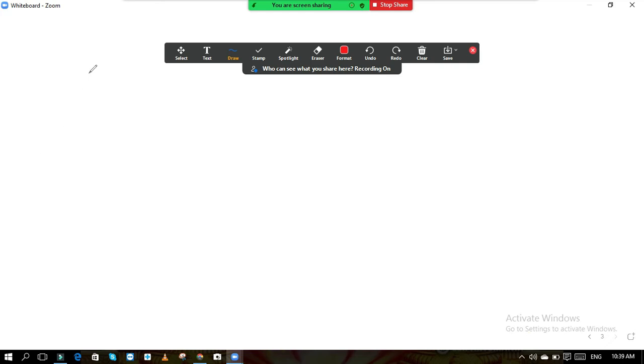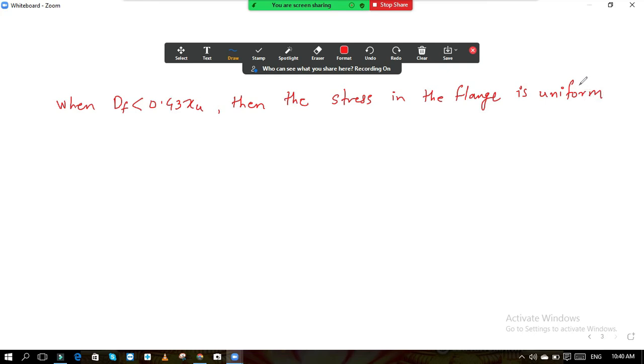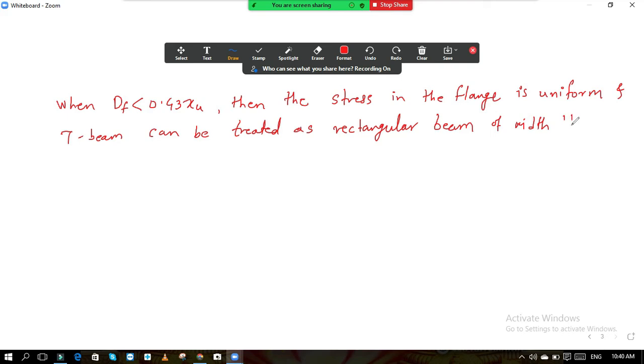So now you can also take this down. When DF is less than 0.43 XU, then the stress in the flange is uniform, and the T beam can be treated as a rectangular beam, that means a rectangular section of web of width BW